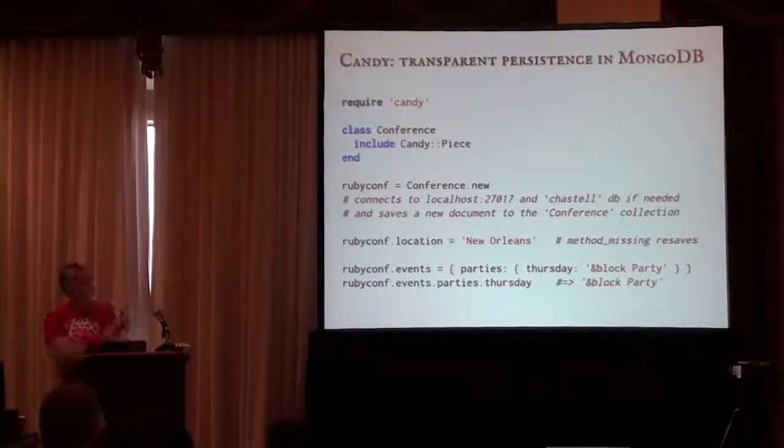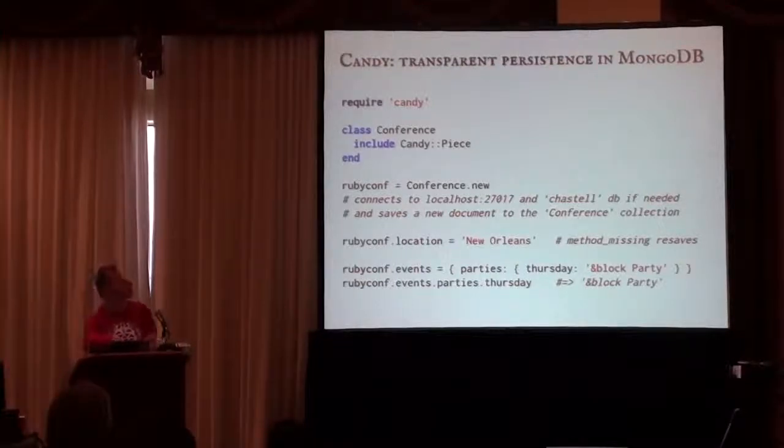So instead of inheriting, we're including, which is, in my opinion, a very good thing to do. And the moment we did this is the moment we have completely transparent persistence for our Ruby objects. Because the moment we create a new conference object, the Candy behind it connects to localhost by default.